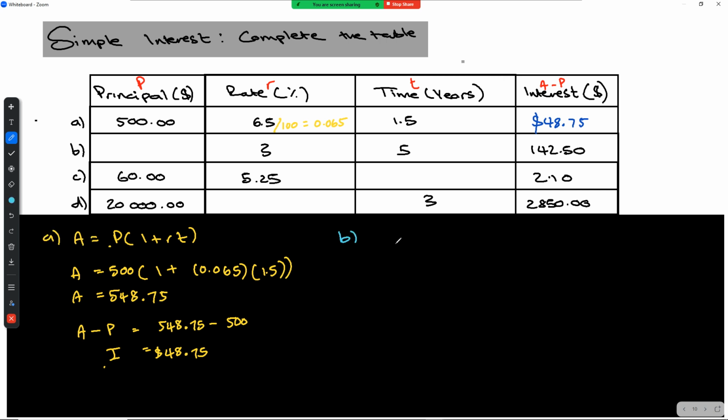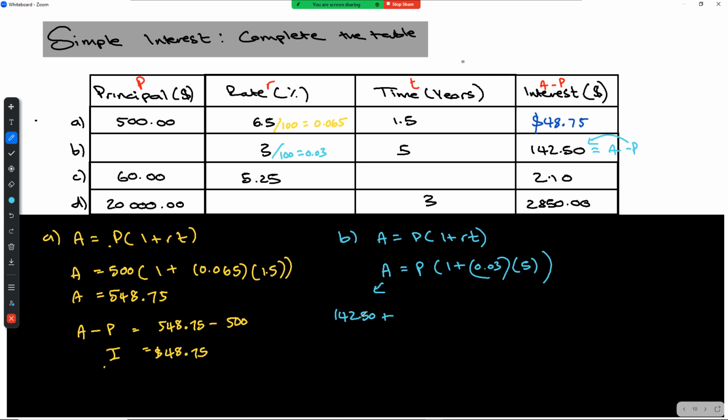All right, so the next one, for B, we can see A equals P(1 plus RT). My principal amount I don't have, my A I don't have either, but I do have my R, which is going to be 0.03 because I just have to divide that by 100. And then my time is 5 years. But now, because the interest is equal to A minus P, I'm going to move the P over, and I'm going to say this is the same as